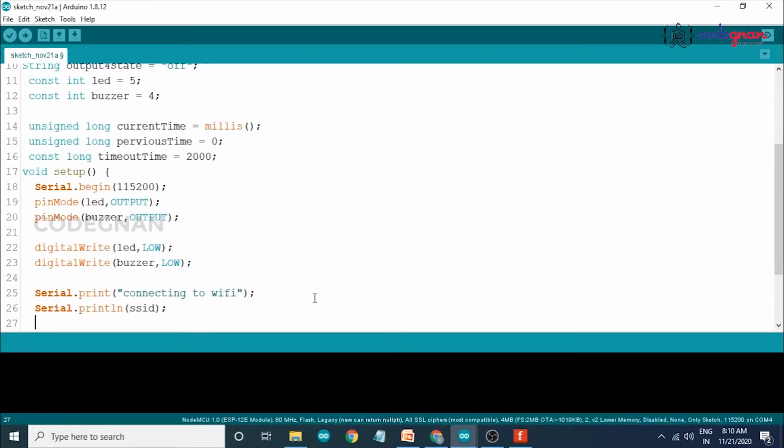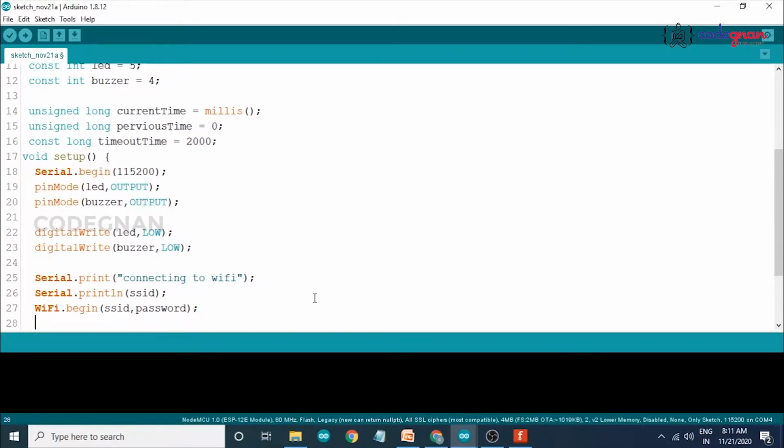Now WiFi.begin helps us connect with our SSID and password. WiFi.begin, and here we write SSID, comma, password, and also write a while loop condition.